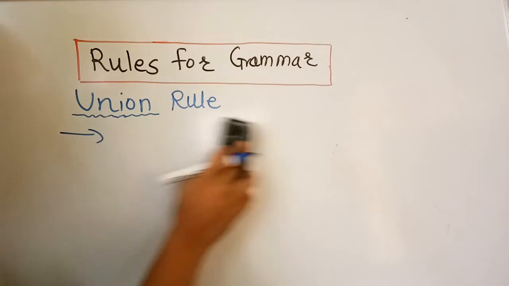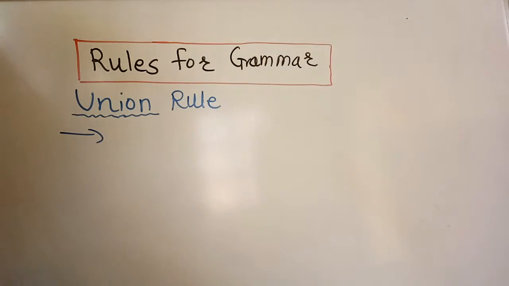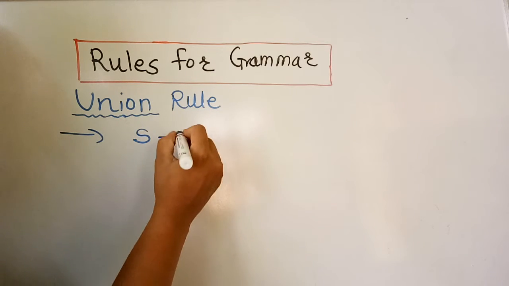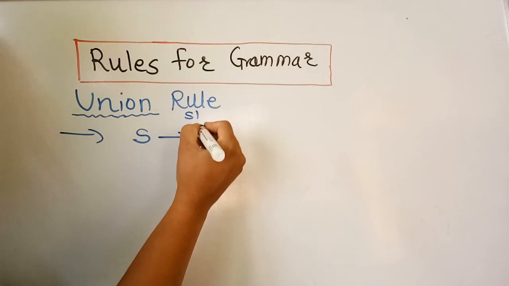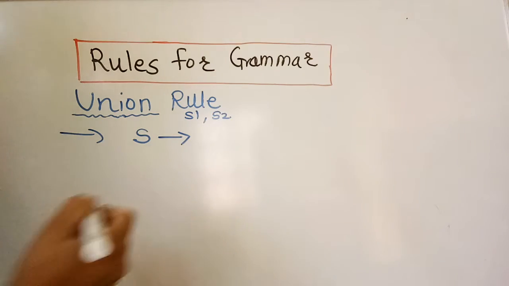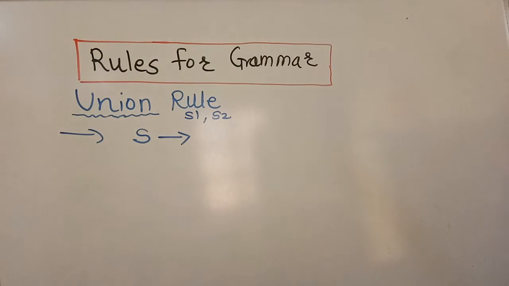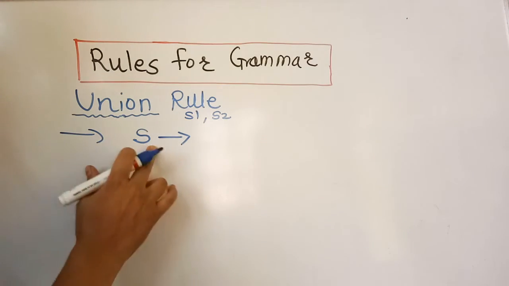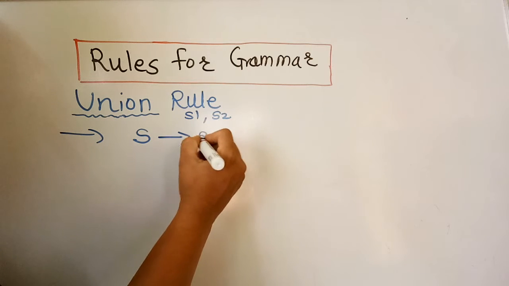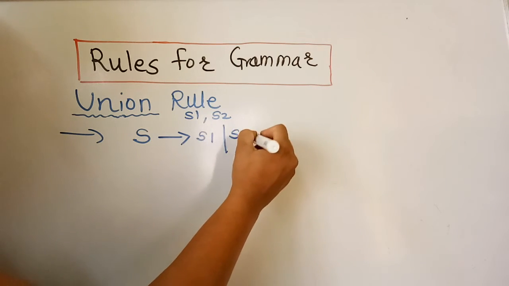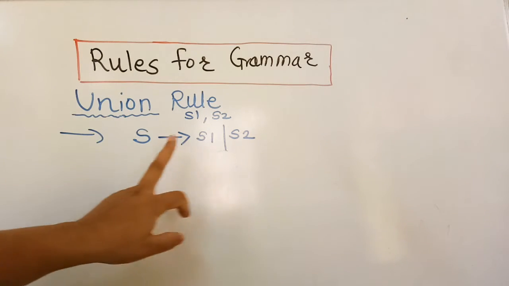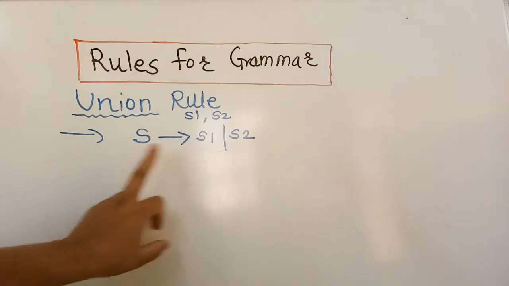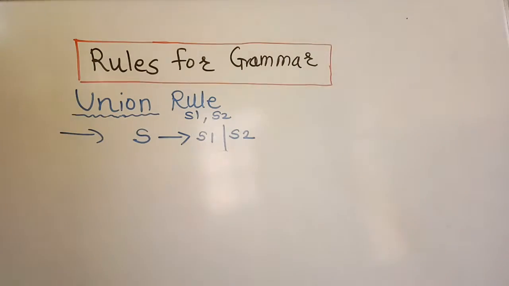We will write the grammar pattern for the union rule. S is the start symbol for the union. S1 was the start symbol of L1 and S2 was the start symbol of L2. S is the new start symbol for this union. Then it can generate the grammar S gives S1 | S2, containing both S1 and S2. Means S gives the production of S1 and S gives the production of S2.